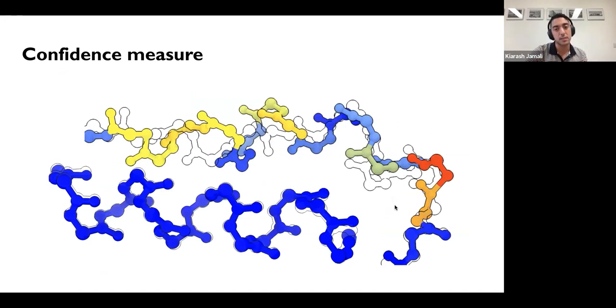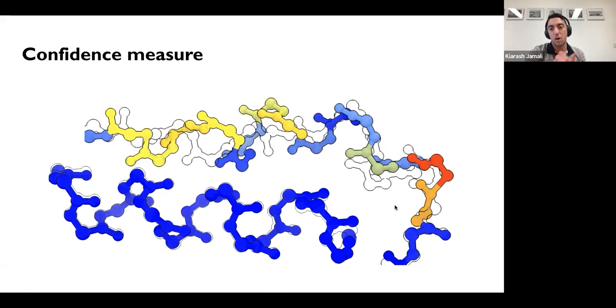This is very reminiscent of the AlphaFold confidence measure, but it's based on the backbone RMSD that we expect to see. So basically, if the cryo-EM volume at some point has a low local resolution, ModelAngelo kind of knows this, and it knows that it can't confidently place the backbone.